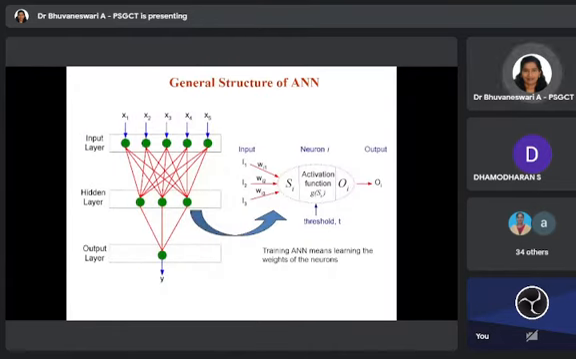So this is the general structure of an artificial neural network. Okay, so there will be an input layer and an output layer. In between the input and output, there will be another layer called the hidden layer. Each and every neuron in the hidden layer is